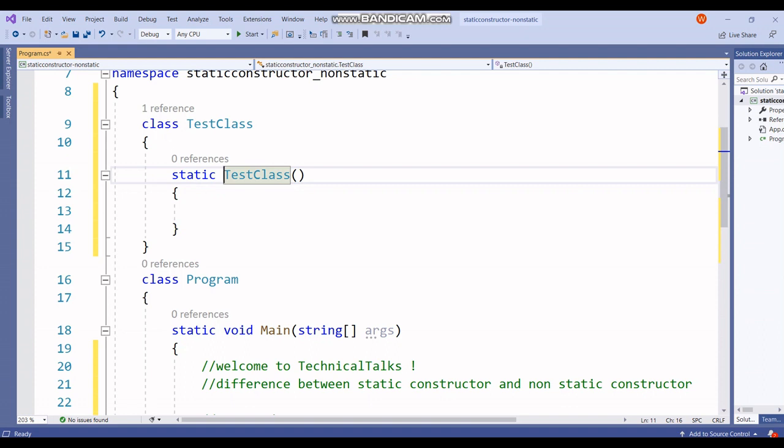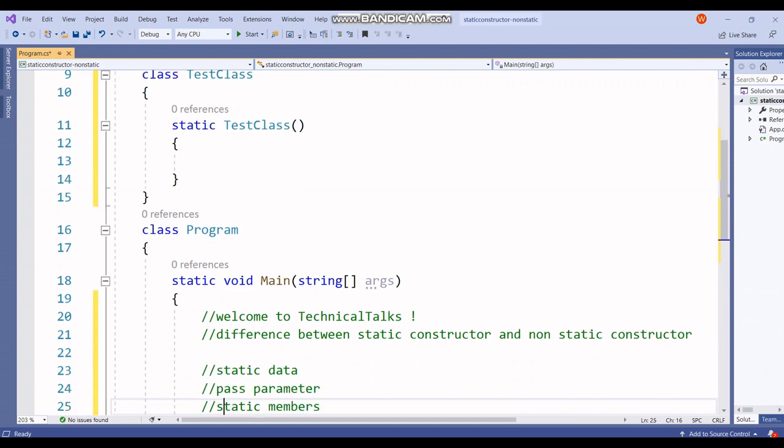And the other remaining constructors are non-static constructors, that is public, default constructor, parameterized constructor. So non-static constructor can also be called as instance constructor, as I said, because they would need an instance for its execution. So let's see how the static constructor gets called. Static constructors are always called implicitly, but the non-static constructors are called explicitly, because we have to create an instance of the non-static class, and only after that we will have its call.